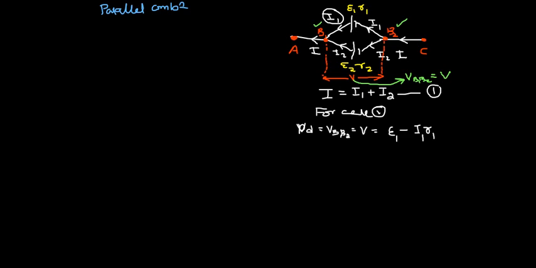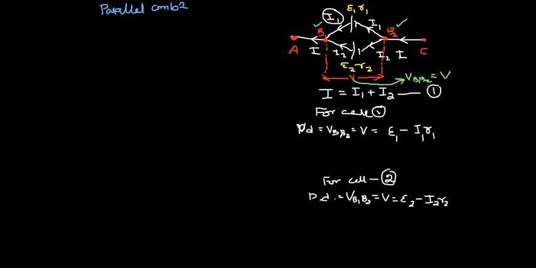Similarly for the cell 2, I'm leaving extra space here. Why it is so, I'll tell you afterwards. Now cell 2 I'll take. Similarly here also the potential difference across the cell, I can take as V B1 B2, because the cell 2 is also connected across the same ends. Now V is equal to, again for the cell E2 having an internal resistance R2 and a current of I2, right?